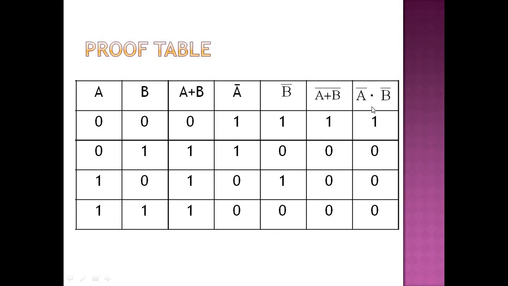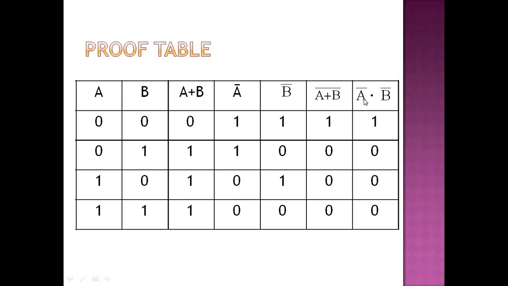Now again we have to find out the AND operation for A bar and B bar. So 1 1 is the representation of 1, because A bar becomes 1 and B bar becomes 1. So both inputs are 1, so we get the output of the AND gate as 1. But when both inputs are not 1, then we get the output as 0. So here A bar becomes 1 but B bar becomes 0, so we get the output 0. For A bar equal to 0, B bar equal to 1, again we get the output 0, and for A bar and B bar both 0, we get the output as 0.